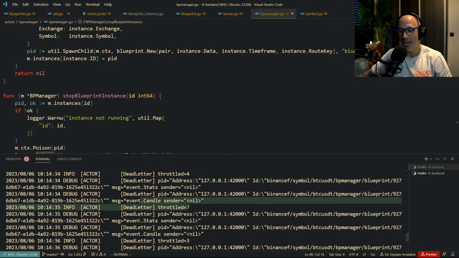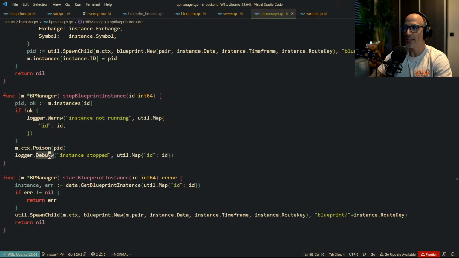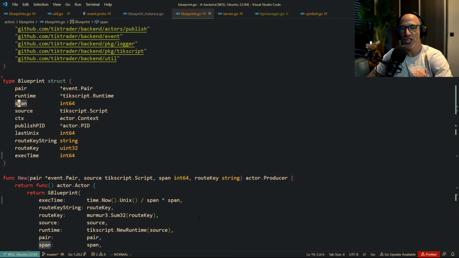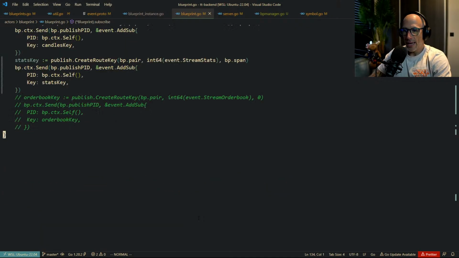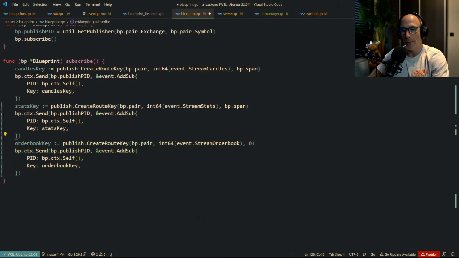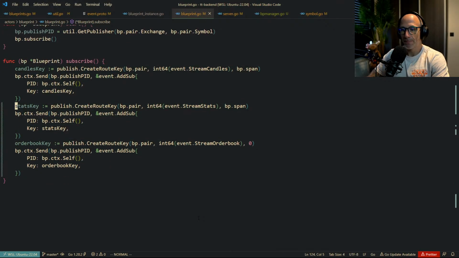So we're getting candles and stats, and that's basically because each time we start a blueprint, let's dive in, let's dissect this beast a little bit. So if we have this blueprint actor, which is basically a VM, a virtual machine inside of it, the runtime, what we do is subscribe to the candles, the stats, and actually also to the order book, so our runtime can have access to this data, so it can operate on your blueprints and can have these built-in values set, so you can do computational shenanigans with it. So it's subscribing to these keys, but